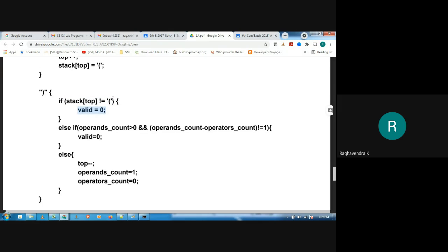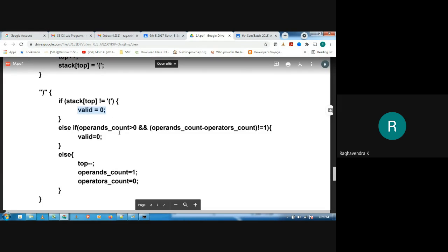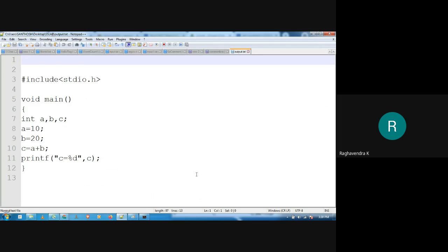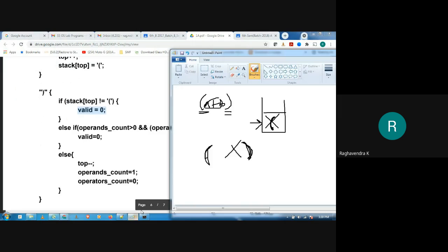Okay, this is one of the cases. The second case is when you have only operators and operands, which is obviously for this particular case. What do you expect? You expect an operator to be present in between.